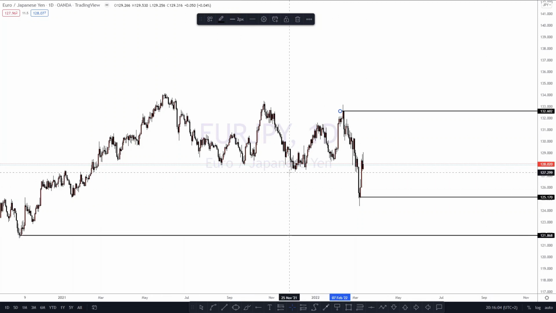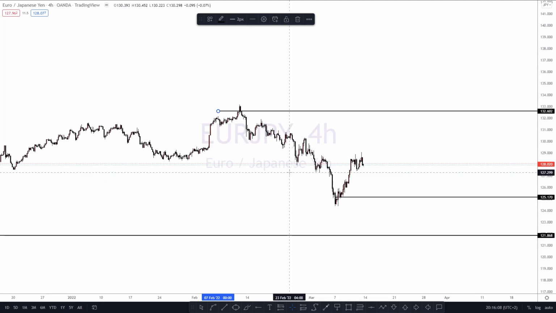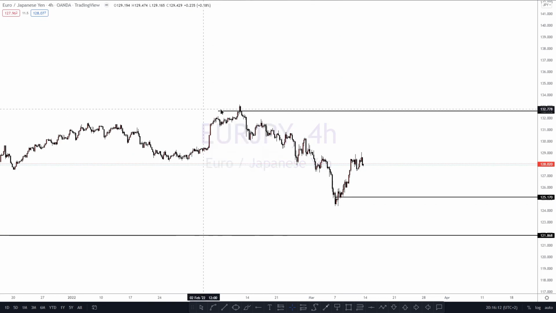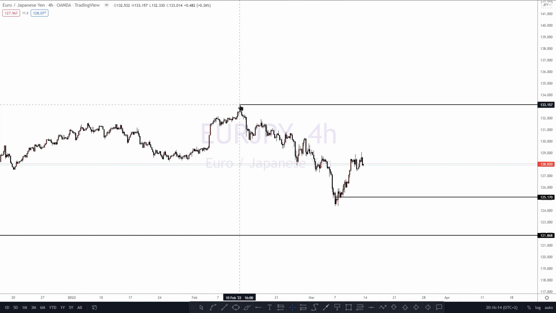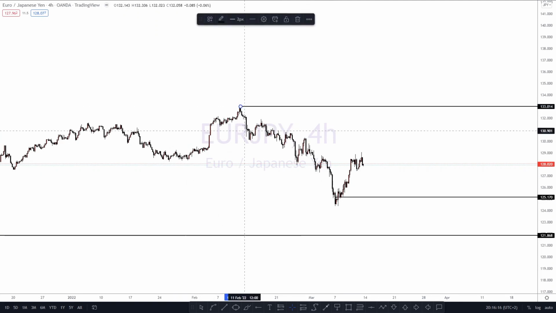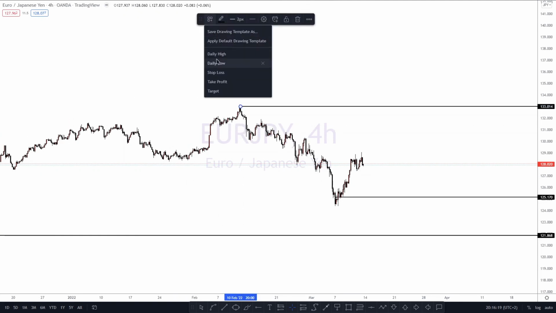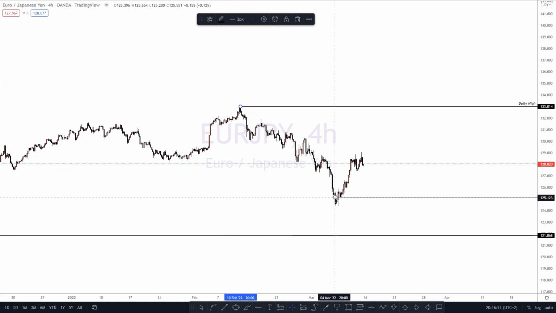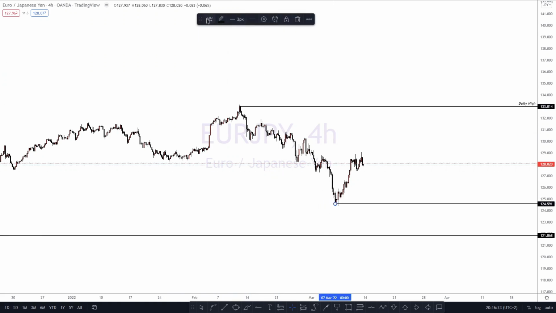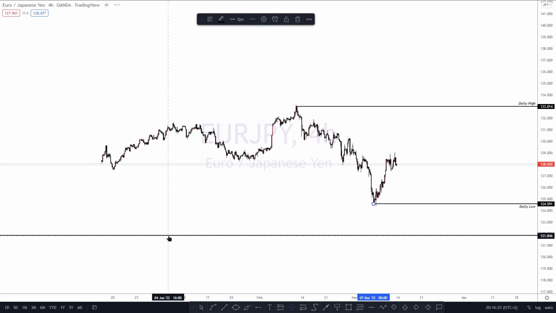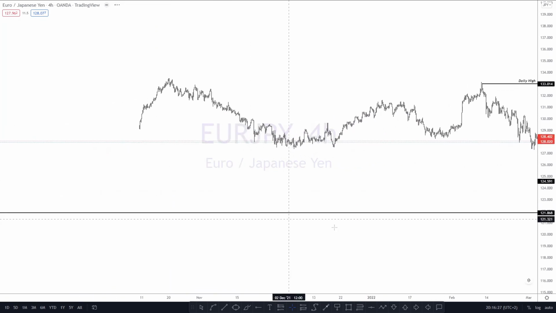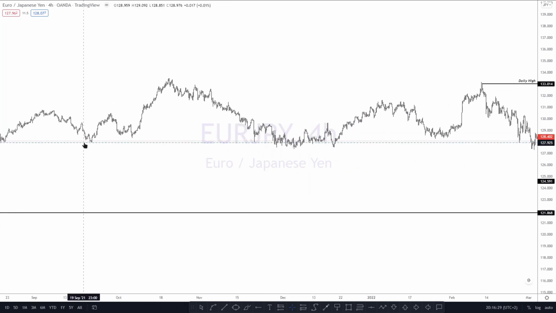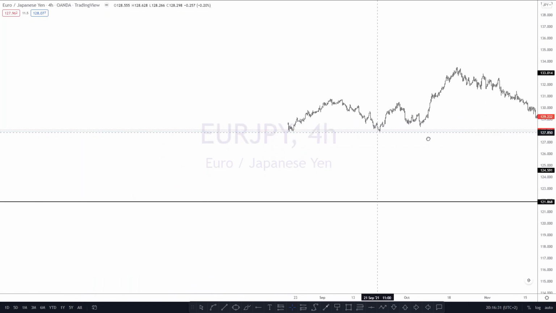And then we're just gonna move to 4H just to understand what is happening on this trend, and then also just fix our highs and lows. So we only have like 2 highs and 2 lows on daily perspective, and on 4H it will come with not even 2, it's only 3. So we have 2 lows and 1 high. So if this is a low, and then we also have this as a low.